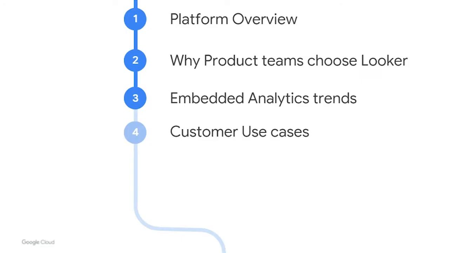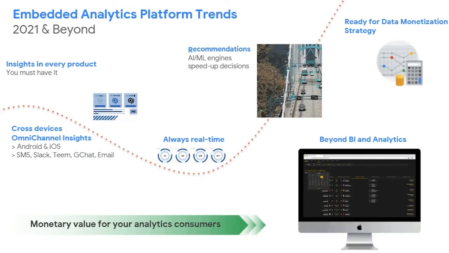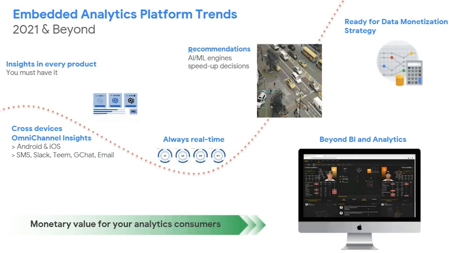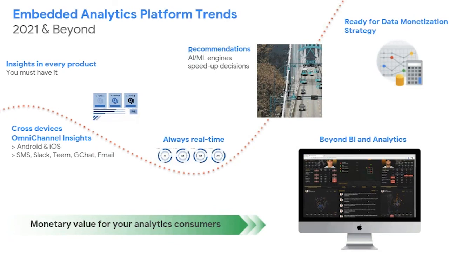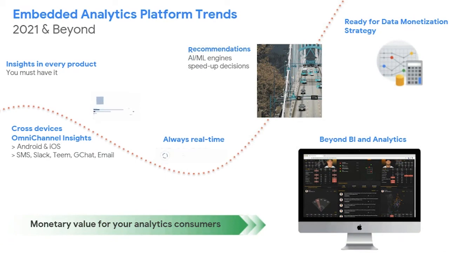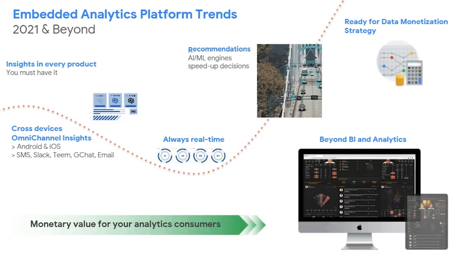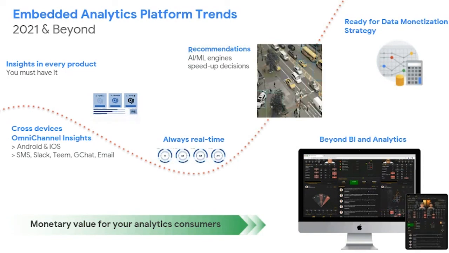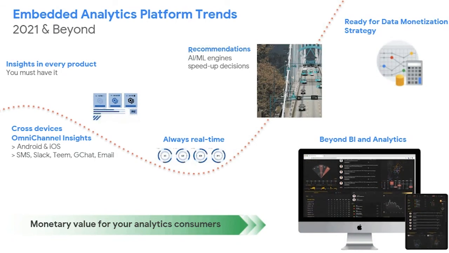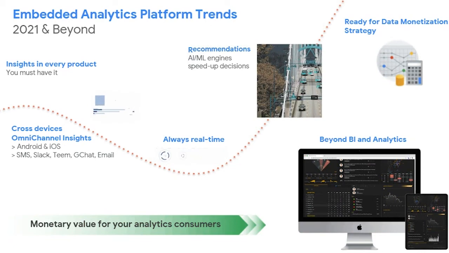So, the trend that we see, and these are the things we work on every day with our customers when they talk to us about their product and their roadmap. From the left, what they tell us, and of course what we help them achieve, is that they need insight in all their products, for simple reasons: proving that the product is working, and making sure that some of the core KPIs, for example a scoring metric, a revenue metric, a sales metric, or an engagement metric, are available in every product. It has to be cross devices.